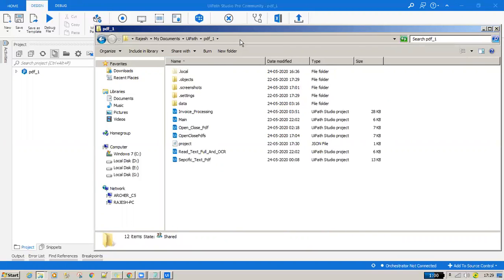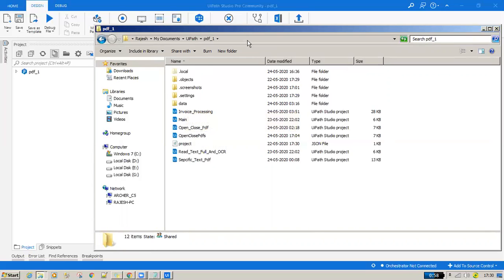When I open this core project folder, you have all your project related structure, say the local, the screenshot settings, the main XAML, or any individual workflows which you have created. I stored all my PDFs in the data folder.